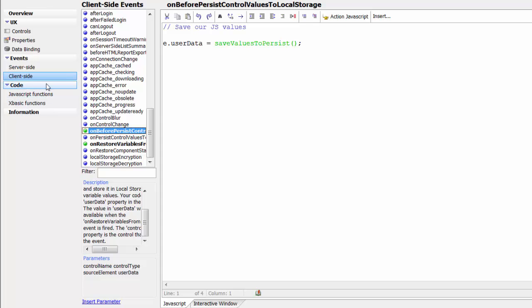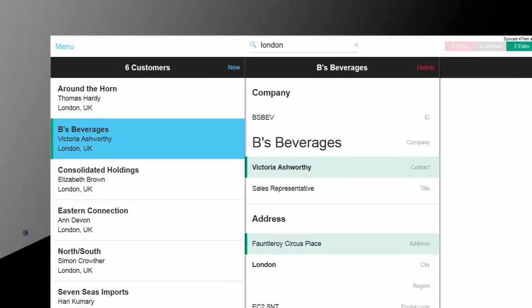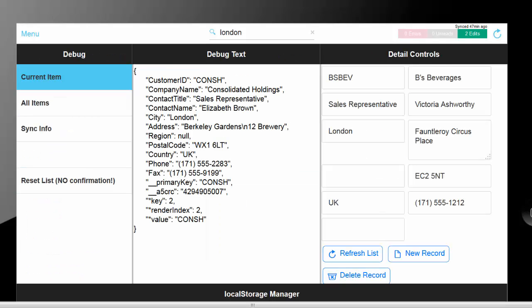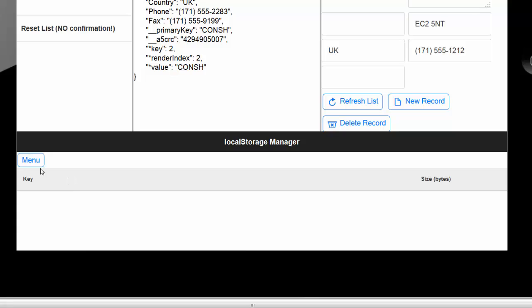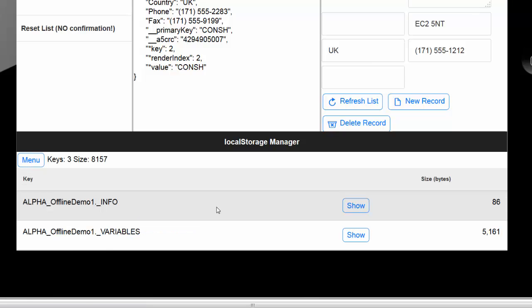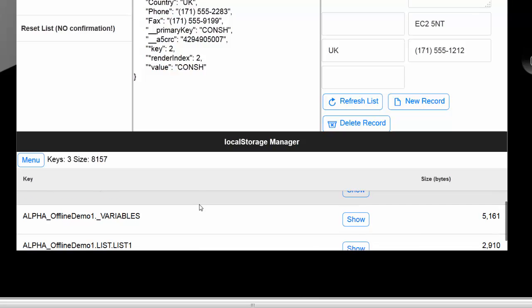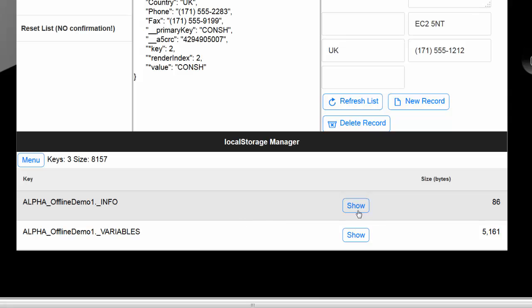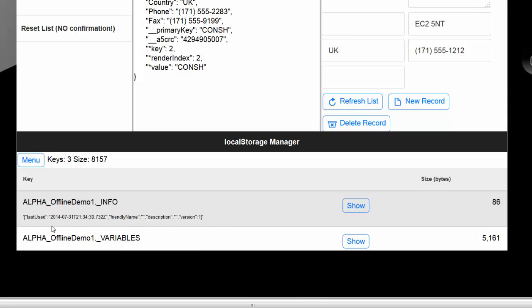Actually, we can if we go here, debug, go to the bottom, menu, we'll show it for the keys for this app, and we see we have info and variables and list 1, and there's no friendly name for it. I didn't add that or any of version 1. It's offline demo 1,